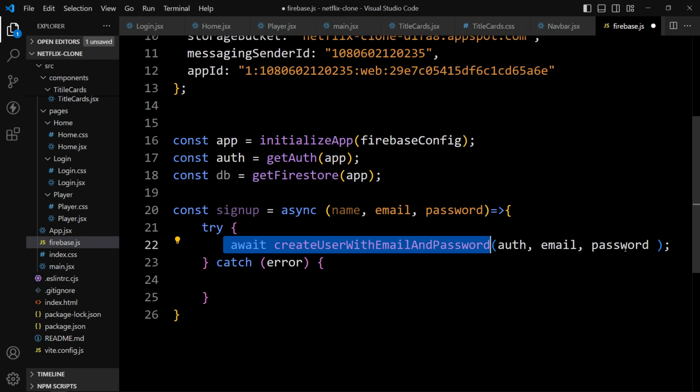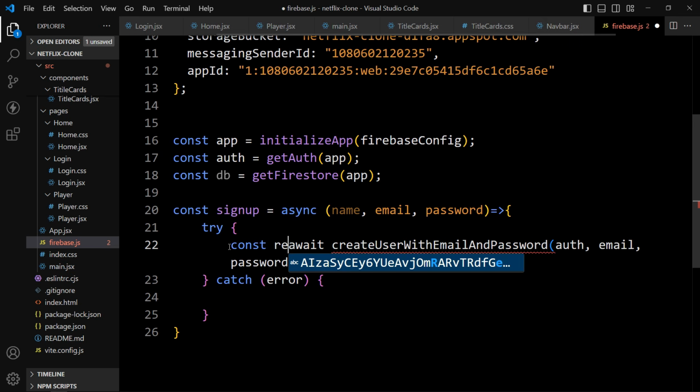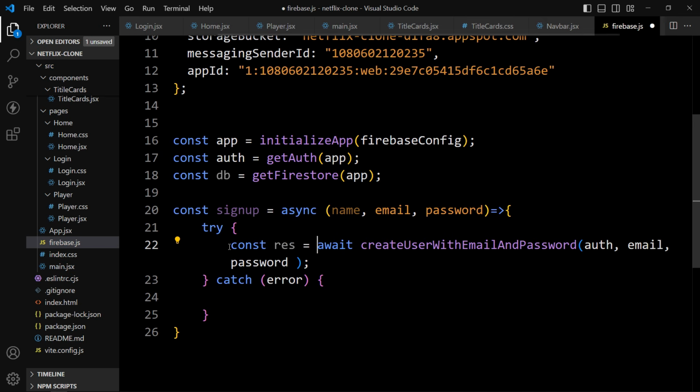Now we will get the response. So here just add const response equal to await. So we will get the created user in this response. So from this response we will find the user's detail.